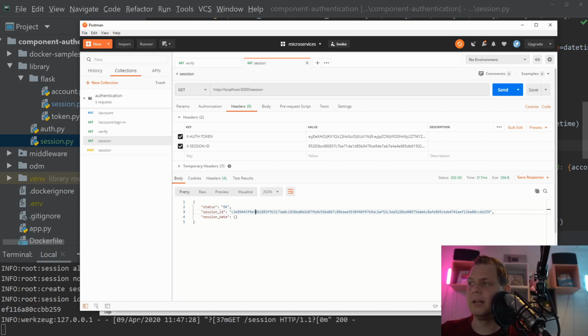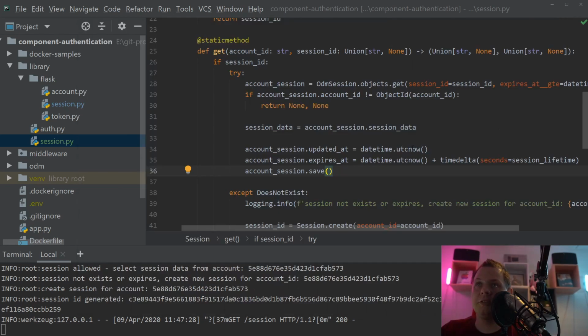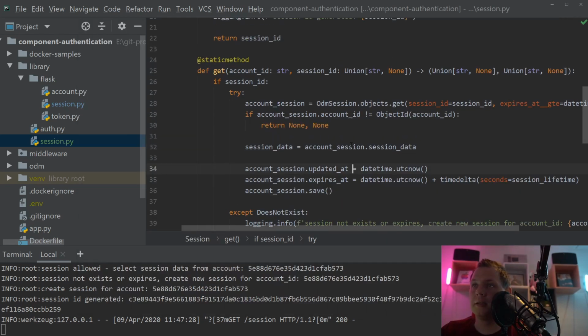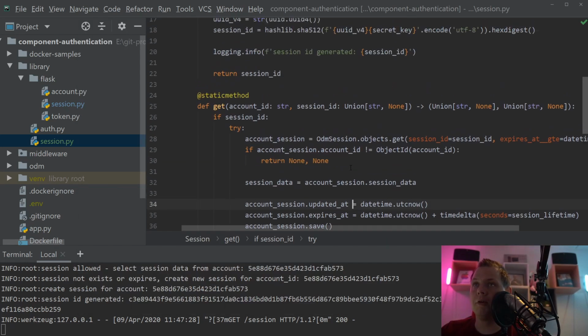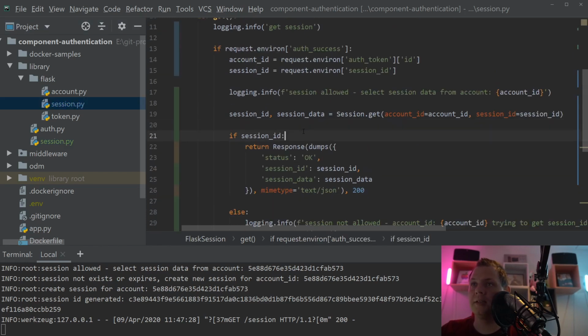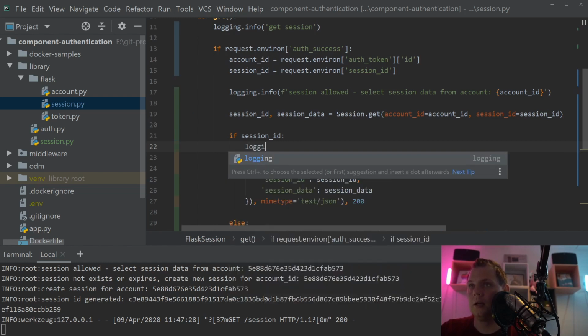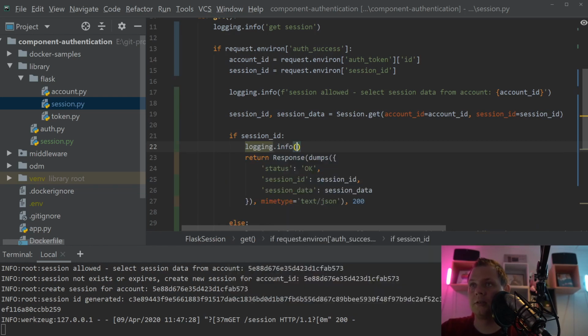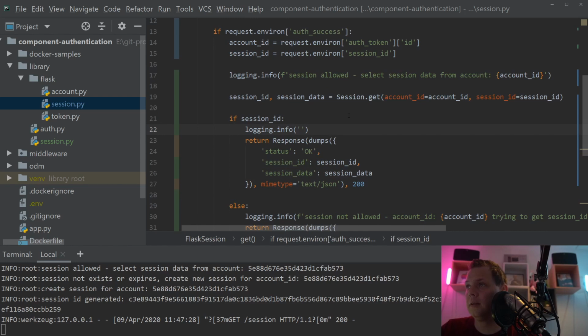Before we end this video, I will show how we can update session data. So I just found a little thing here, before we go for the next function. We need to go inside here and add logging, else we don't get any console output for that. And what we just type here is: session found and returned to client for account